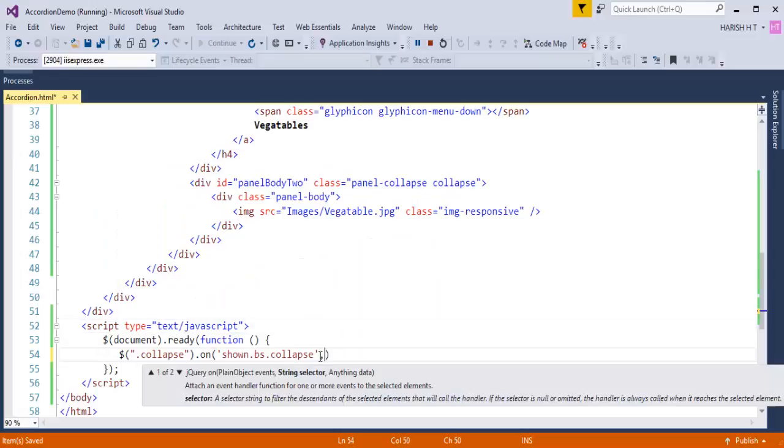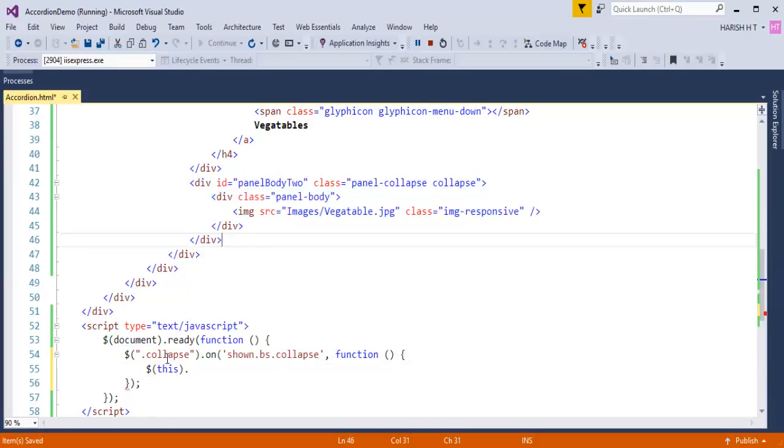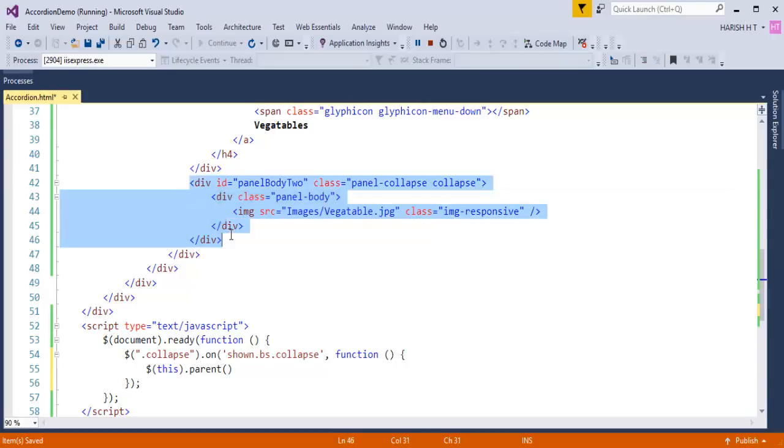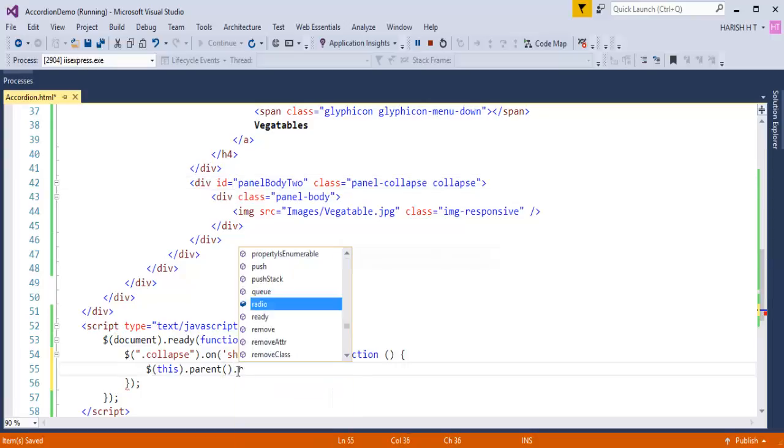So what I need to do is call a function. Inside this function, first I need to write some bit of jQuery code. Okay, this represents this div currently, because we are writing this code inside it. This dot, then I need to get the parent of it. This represents this div, and the parent of this div is this one, the panel: the div which has class panel primary is the parent of this div. So what I need to write is parent dot